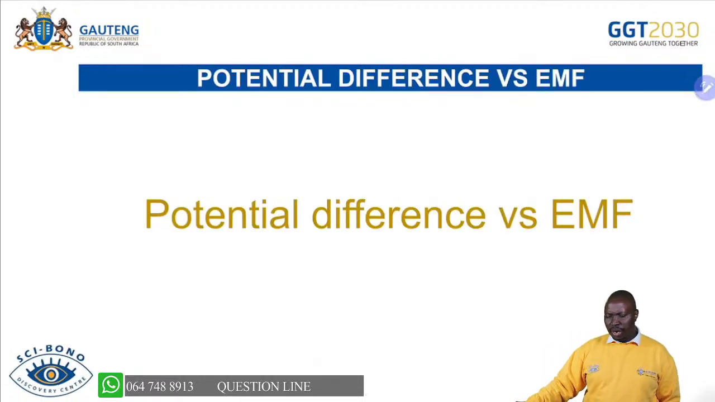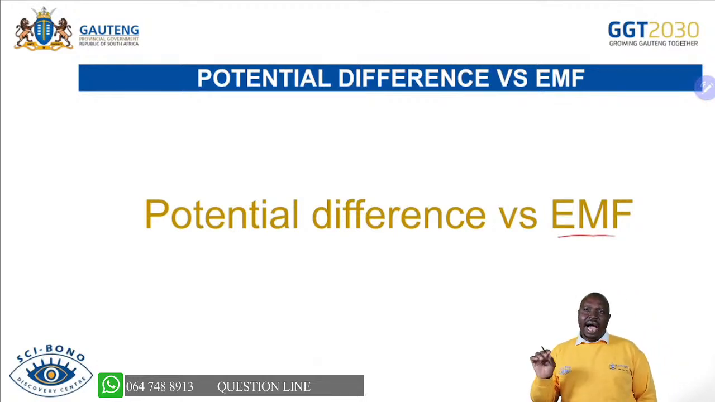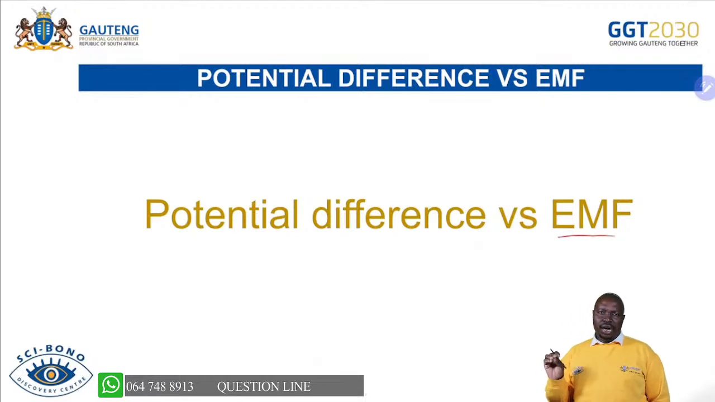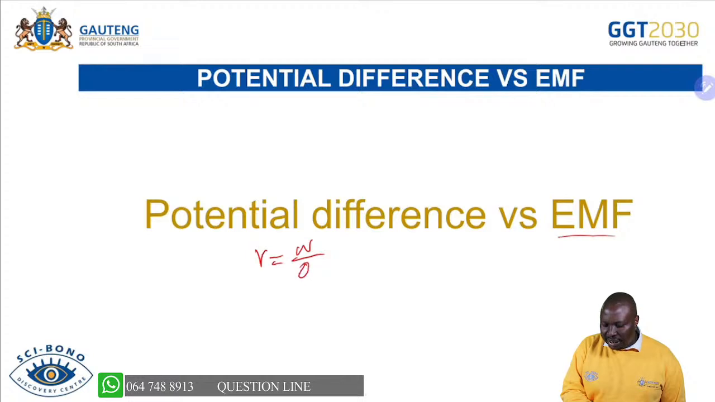Now let's look at these two concepts, which are potential difference and EMF. I find learners still have a problem with defining EMF, for example. They still find that definition difficult. But I know it's not about you. It won't be difficult for you because we are dealing with it. We're coming with ways to help you remember how to define EMF and how to define potential difference. You will remember in grade 10 and 11, more especially in grade 10, you have defined potential difference as